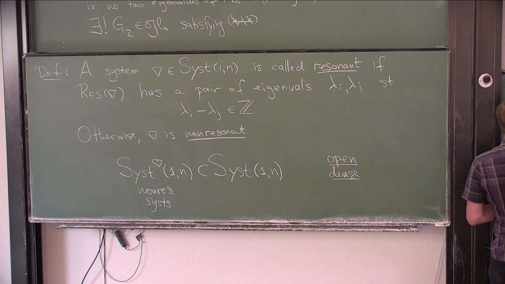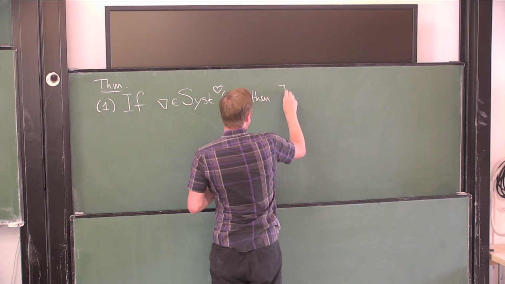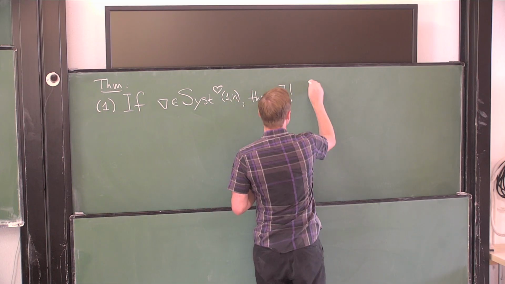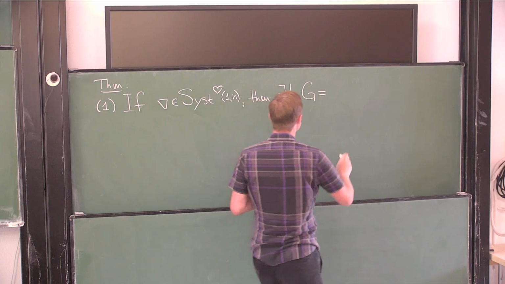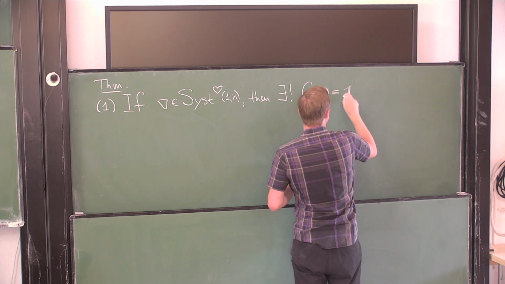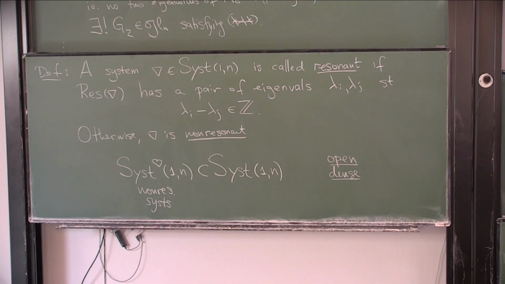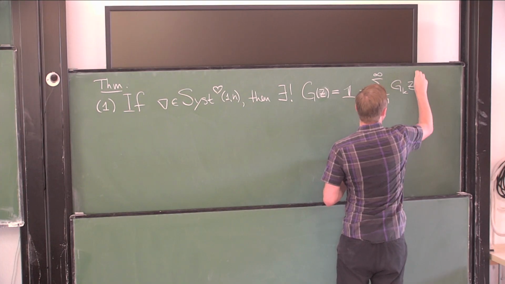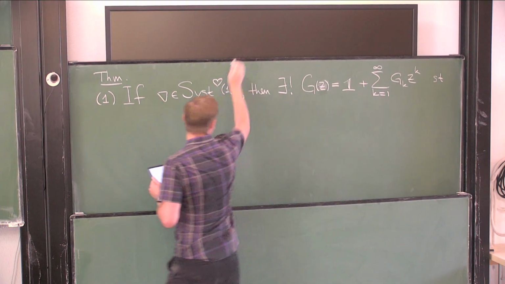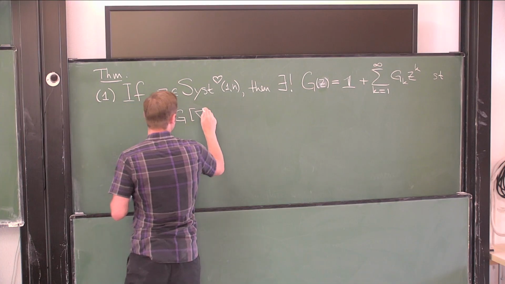Part one is that if I have a non-resonant system, then there exists a unique power series, an invertible power series, with leading term being just the identity map, such that if I take this power series and apply it to nabla naught,